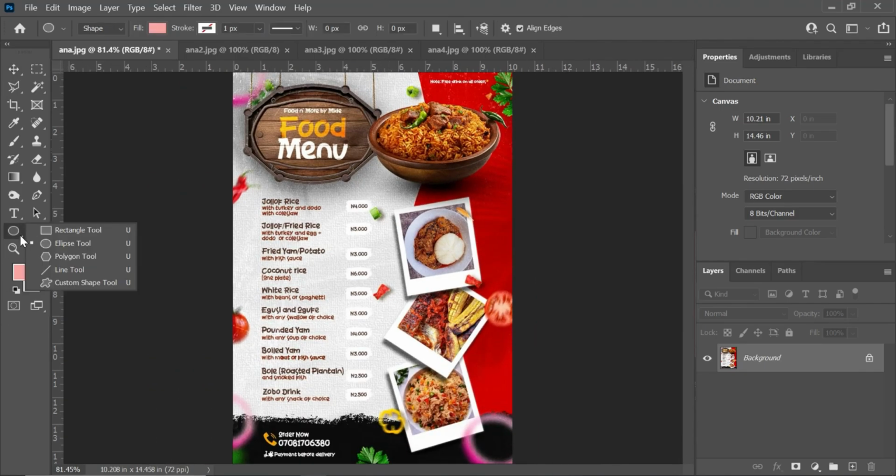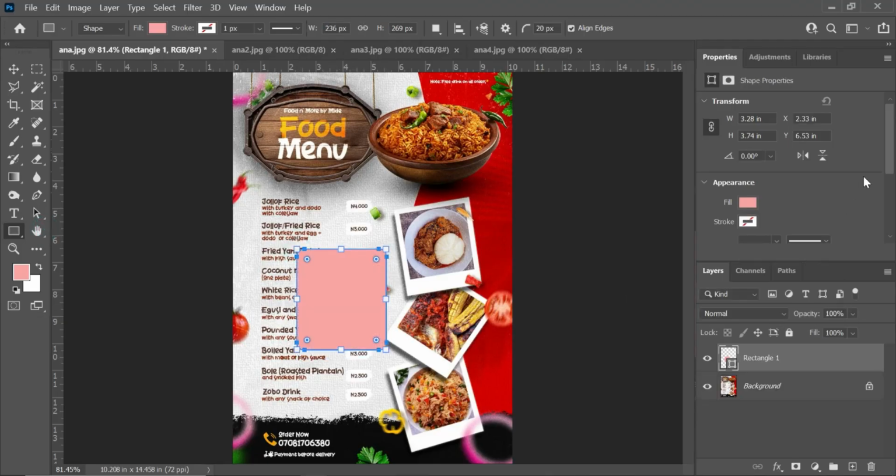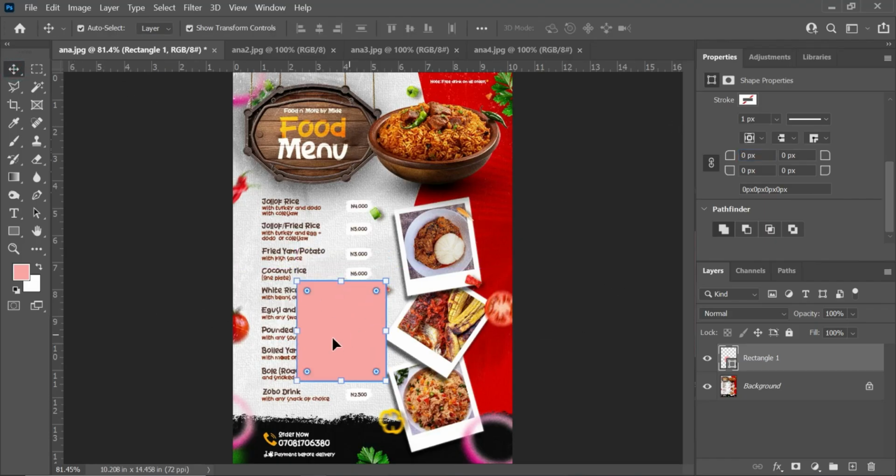You just have a shape here, you draw your shape. Obviously you don't have any curve here, so the curve will be on 0. Then you duplicate this particular one. Once you duplicate, you reduce it a little bit, and that's how they got the size for here. Once you reduce it a little bit, then you clip mask your food inside of it,